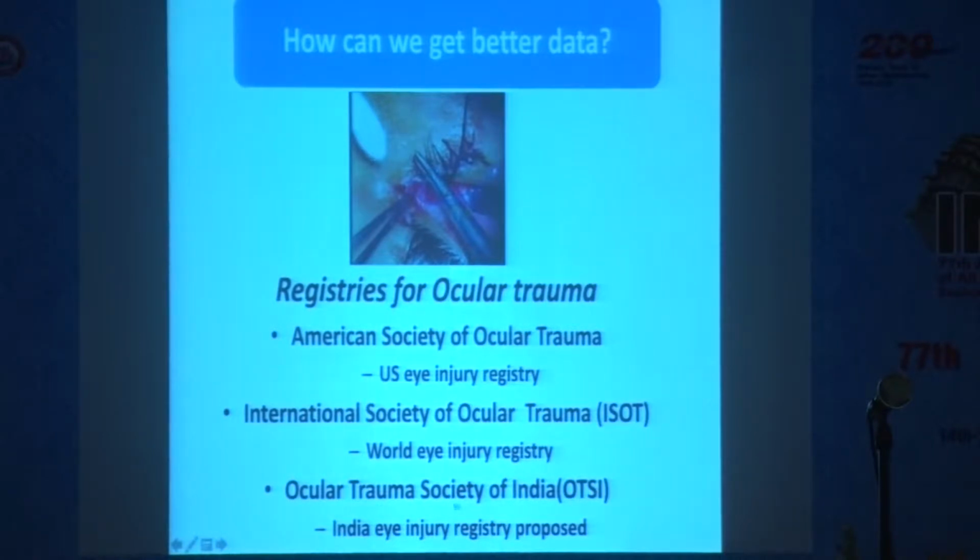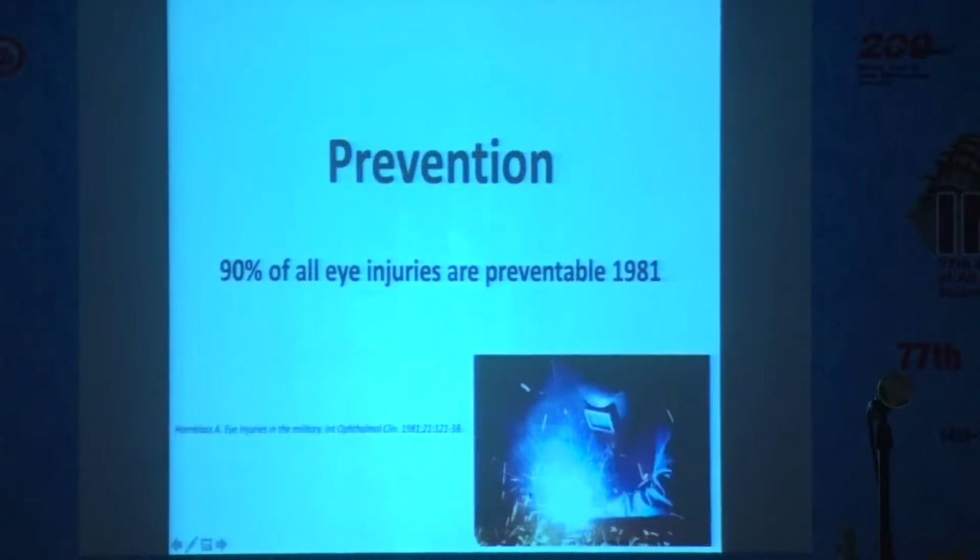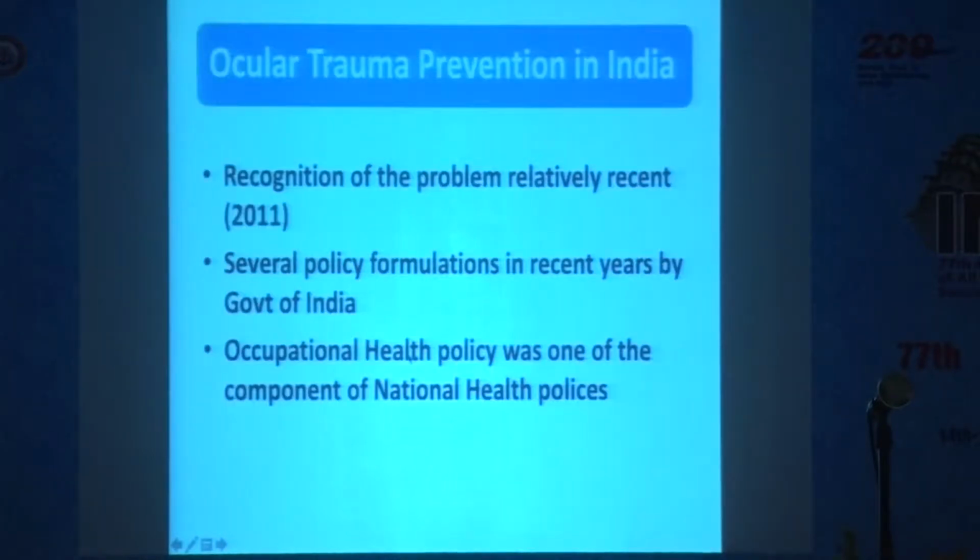Ocular Trauma Society had started this initiative. We've been working on this. Let's hope it can take off in a big way. So the data suggests that 90% of all eye injuries are preventable. And for us, the policy formulation has only just begun in 2011. Occupational health policy was one of the components of the national health policy which started in this year. So this is an area which will need to grow,